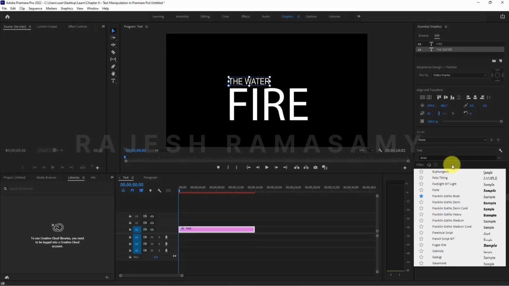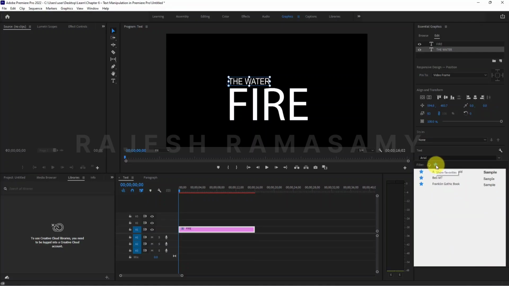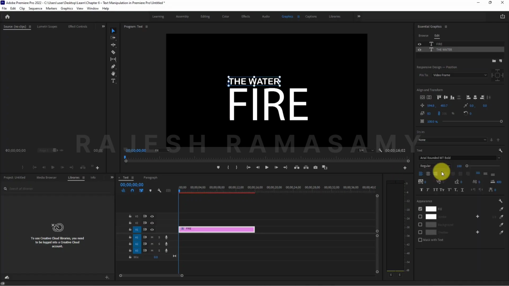So you can choose your favorite fonts, and if you enable this option, which is show favorites, you can see only those favorites. So you don't have to go through all the other font styles. You can select from your favorites only, and from there you can choose which one you want. So I selected this Arial Rounded MT Bold, and I got that style here. In this way you can choose the favorite font that you need,